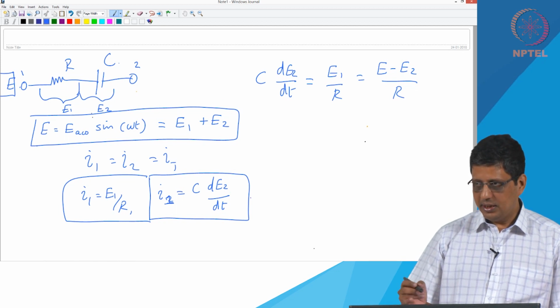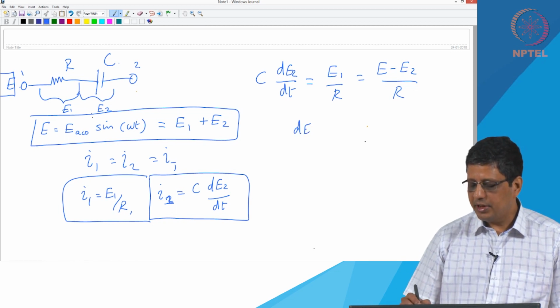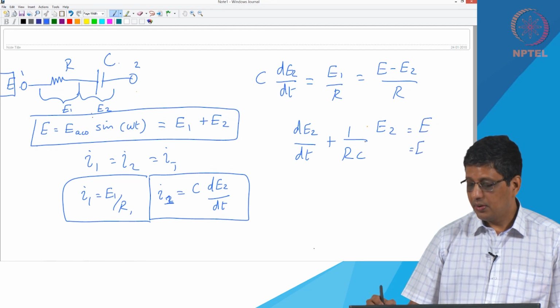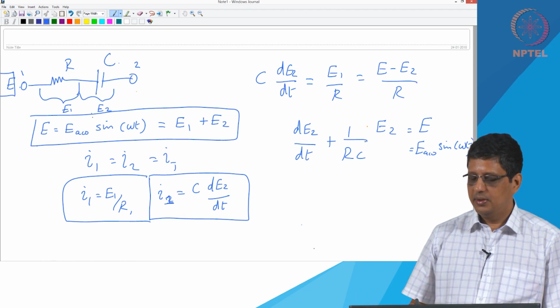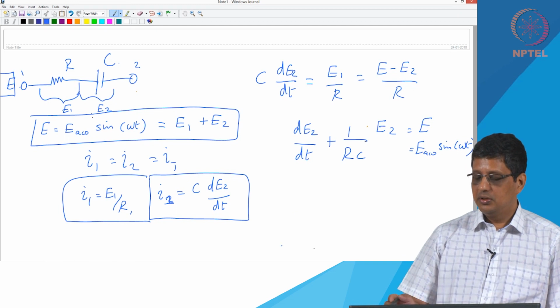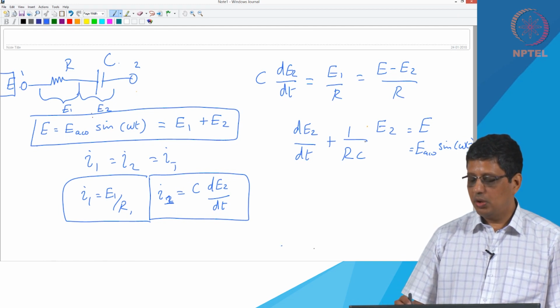I can rearrange it and get it as an equation dE2 by dt, RC. So when I move this here, I will get 1 by RC